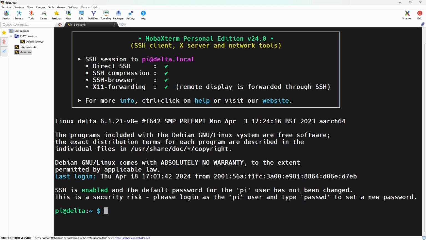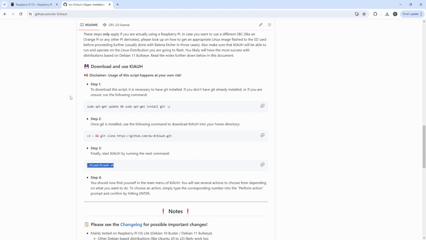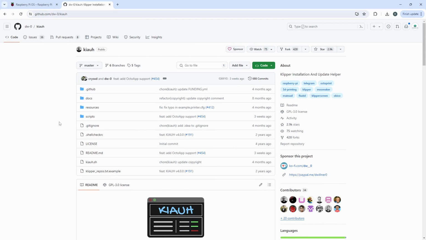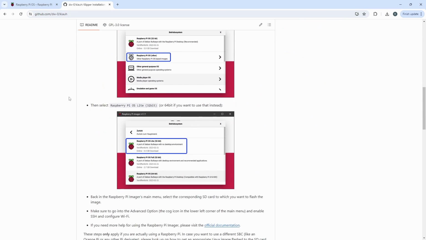The next thing we're going to do is we are going to install KIAUH. Now, Mainsail OS has Klipper and everything already installed, and that's fine. But we still want to install the Klipper Installation And Update Helper because it will come in handy later on, and it's a very useful tool to have on your Raspberry Pi image. Very straightforward to install. So what we're going to do is I just searched KIAUH in Google, and it'll take you right to the GitHub. And if we scroll down here,